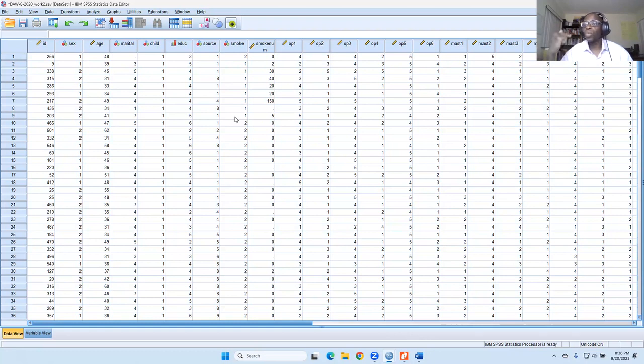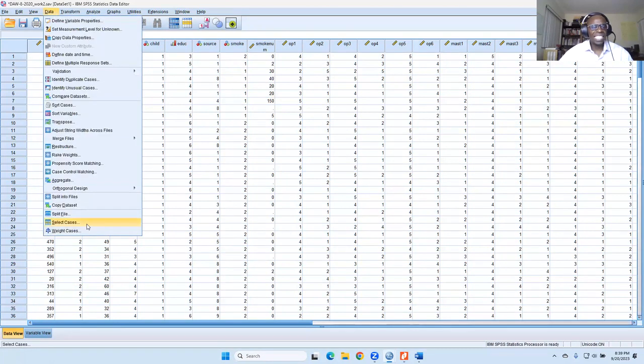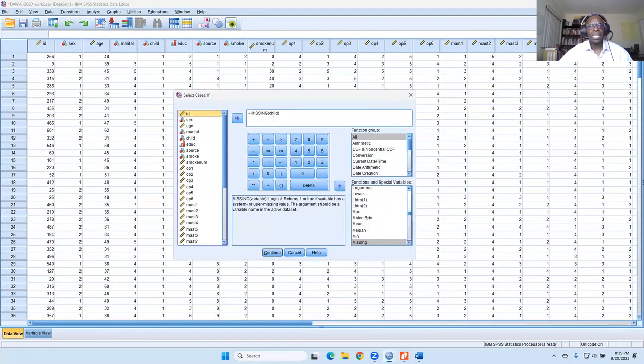No. If you have more than one case that you have to delete, then you have to go through and do the data, select cases, and then you would put in mastery Q2. So if you had multiple people who had missing values for mastery Q2, then you would go through this process, because this process is deleting the whole row anyway. That's what the select cases is doing.